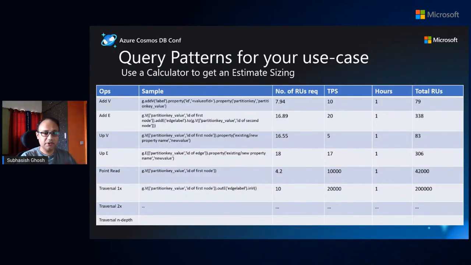And then you get to an average by adding both the off-peak plus the on-peak TPS and come to a total RU, right? We did this very effectively for many of the customer use cases I worked on, and it was very close to what their sizing eventually was. Of course, give and take some of the operations which were not covered in these top 10 or top 20 queries. But once you have an idea of what kind of vertex you're adding, what's the length of the edge,